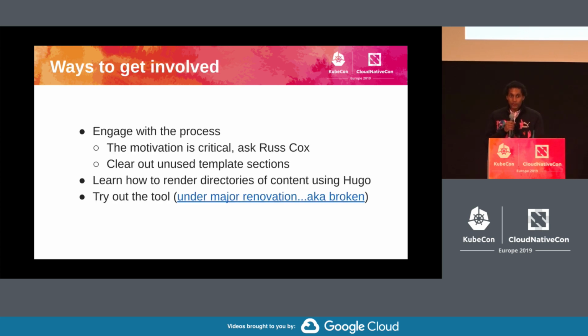And ways to get involved. So today, one of the real challenges, if you look at the KEP content, is that there is not always enough attention paid to explaining in prose why an enhancement is important. Who is it for? And this gets back to the Heilmeier catechism. That part is super important.